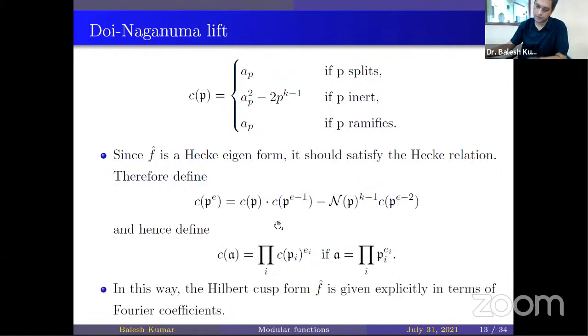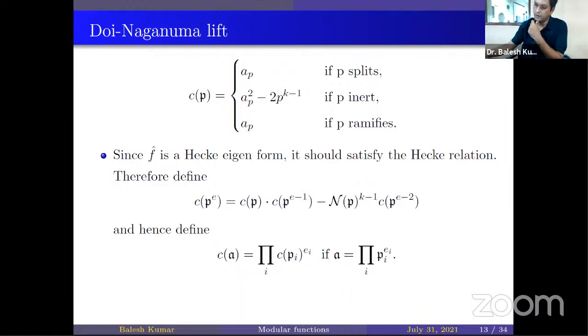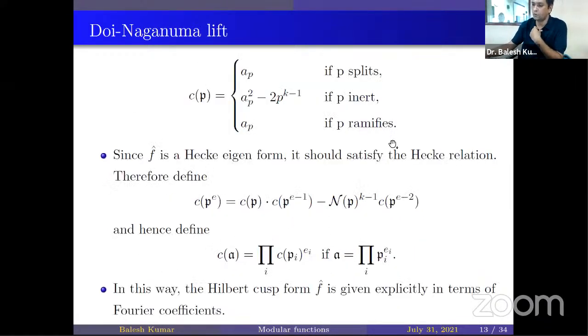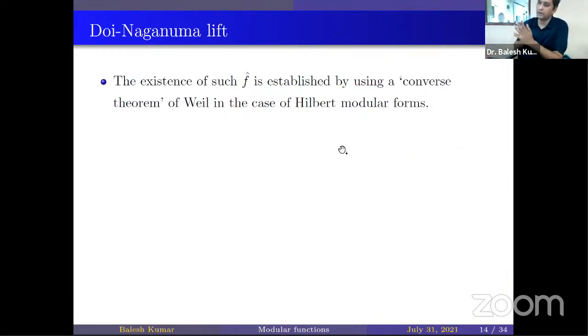And yes, such a Hilbert cusp form or Hilbert Hecke eigenform exists. That's the main thing that Doi and Naganuma proved, and they proved it by proving a converse theorem of Weil in the context of Hilbert modular forms. And this converse theorem of Weil essentially says that if one has nice analytic properties of certain Dirichlet series, namely it should have analytic continuation to the whole complex plane, it satisfies the functional equation, and this function should be bounded in vertical strips, then in fact,